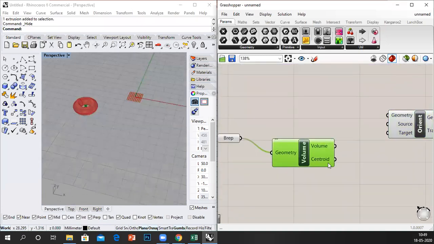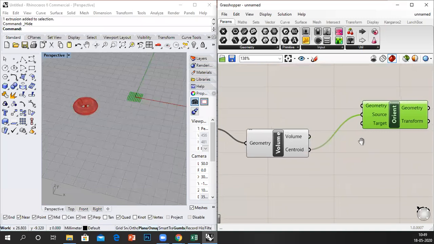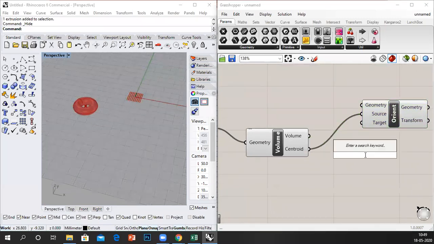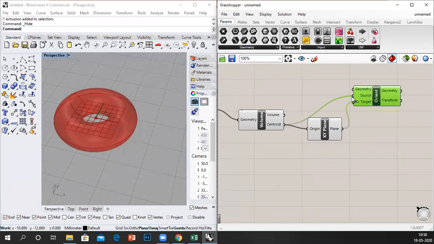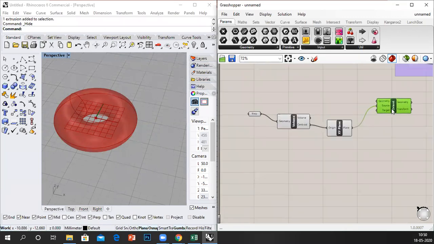So connect the volume's center point, and we need a plane. So XY plane again. When we connect this, we get a plane here. For our object, we have a plane. So we are going to connect it to source plane. Done.